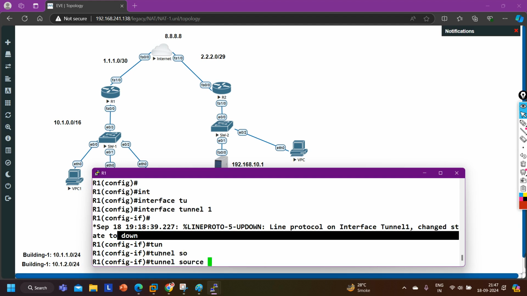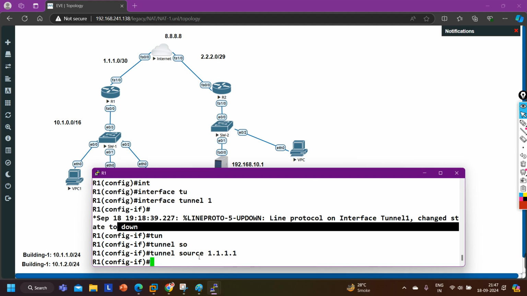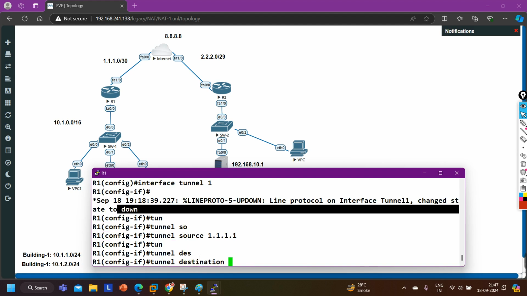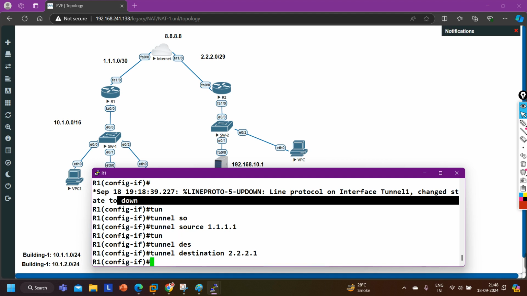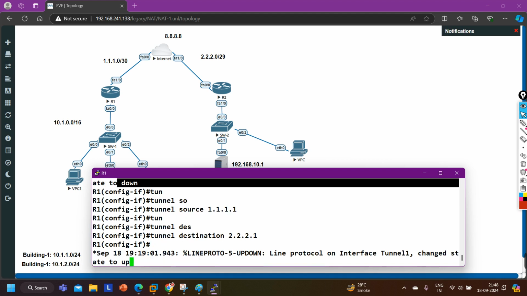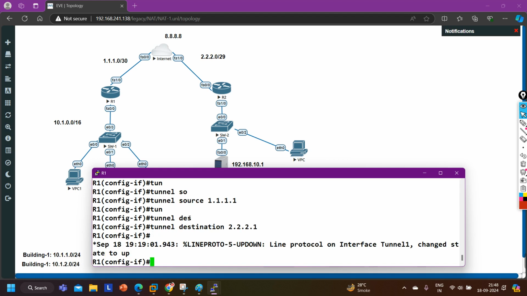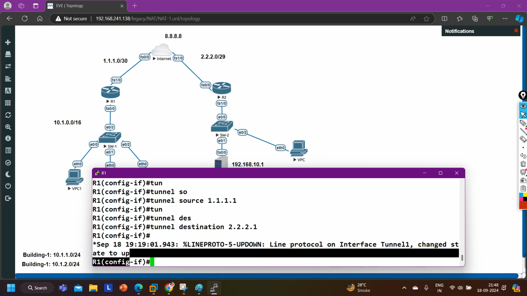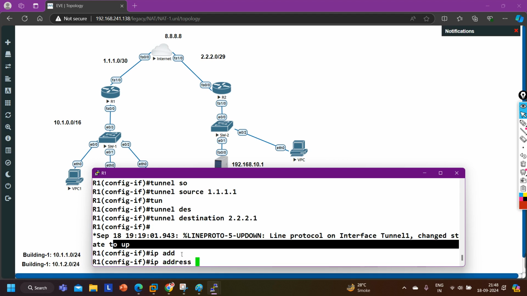So now I'm saying tunnel source, which is 1.1.1.1, my public IP address. Then tunnel destination, the remote public IP address, 2.2.2.1. And even I can configure one IP address on this tunnel interface. So now you can see the tunnel is up, right? And on the tunnel interface, I am defining an IP. Let's say what IP?